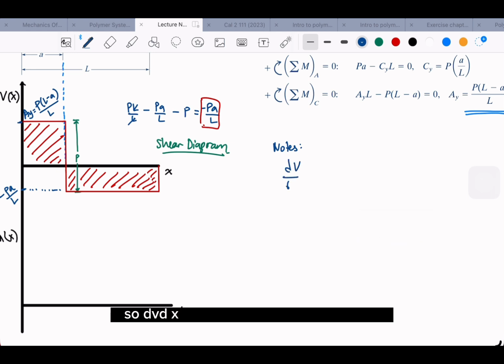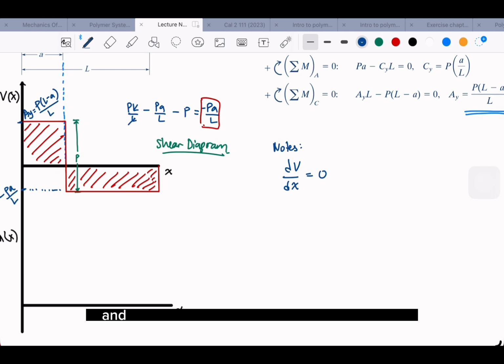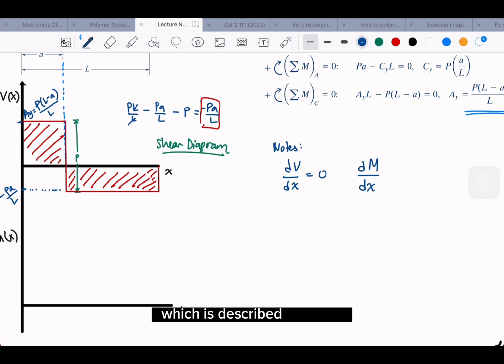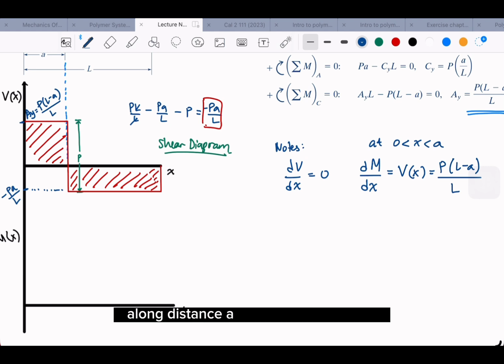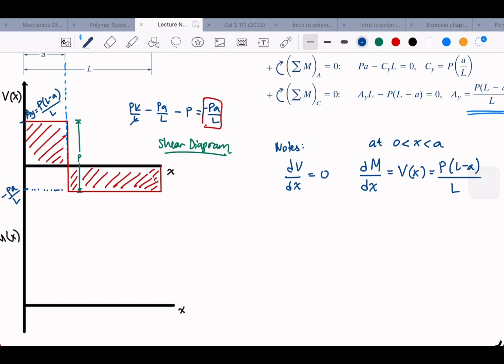So dV/dx within this subject is 0, right? And then the dM/dx for the moment is a constant, which is described in V, right? So this is V, which is P(L minus A) over L. This is at distance A, right? Along distance A, we have the constant. And then at x equal A,